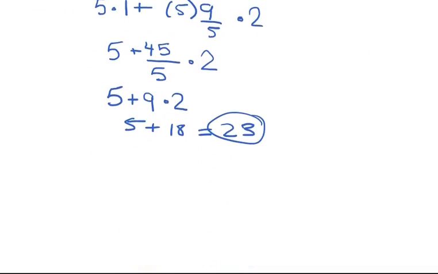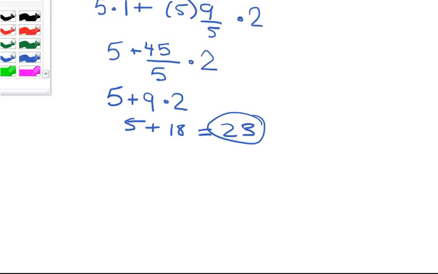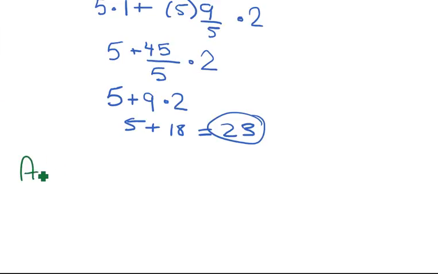Our last step in the order of operations is addition and subtraction. Like multiplication and division, you do this left to right. So, if you have the equation,